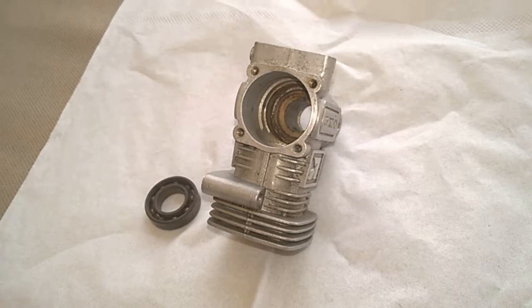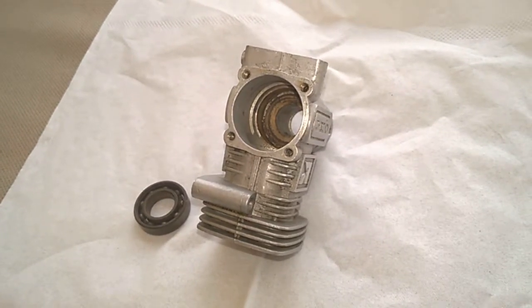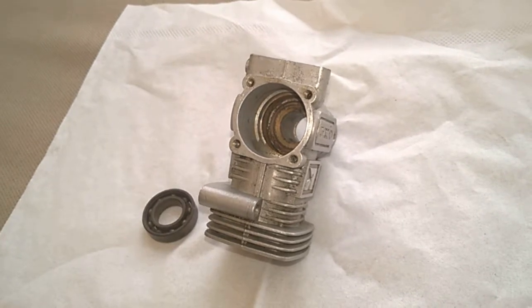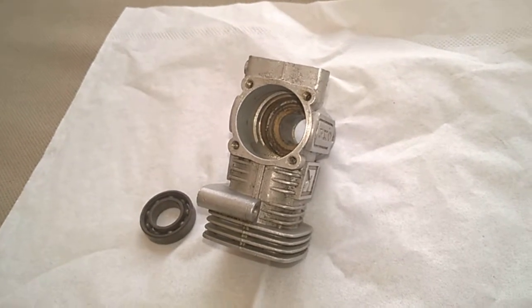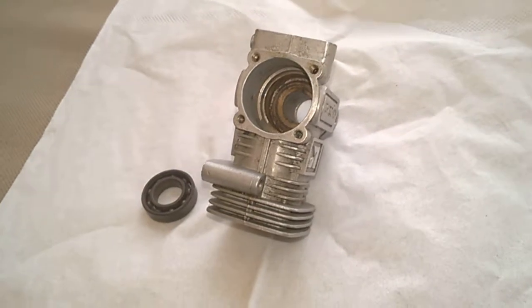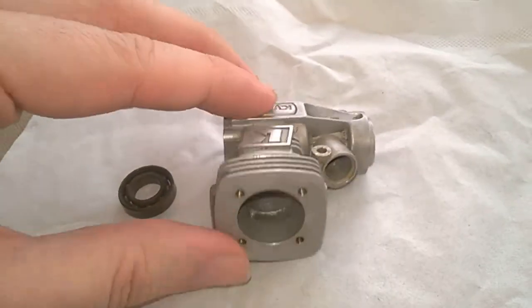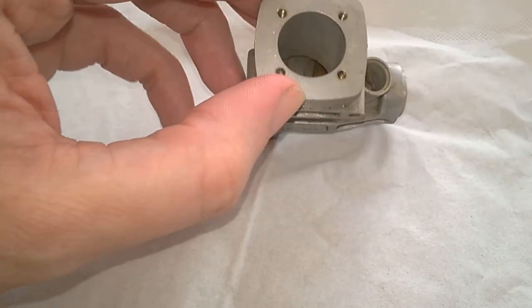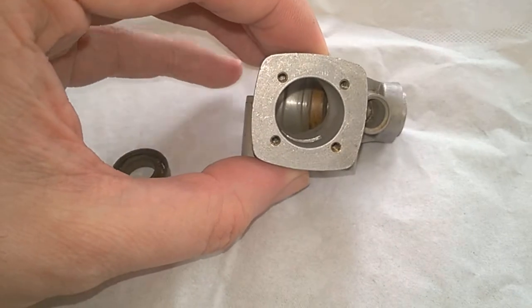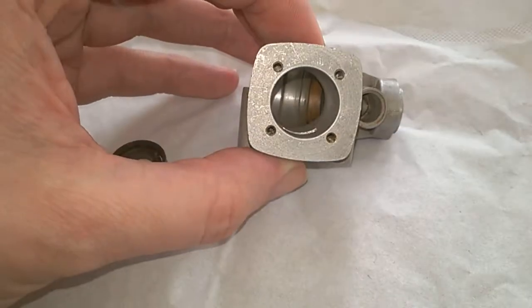This time I dismantle completely the motor that I showed in the quick and dirty cleaning videos. It was a Kyosho GX12. As you can see, I have taken off all the elements. Let's try to begin the cleaning of the internal